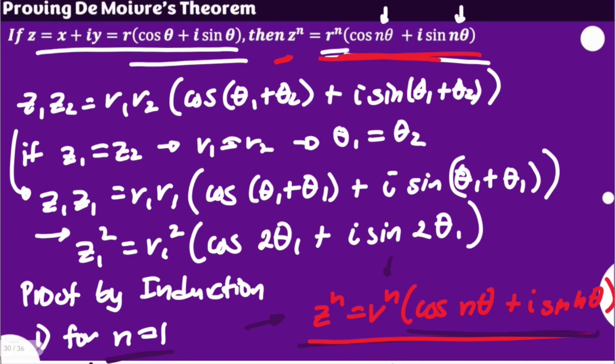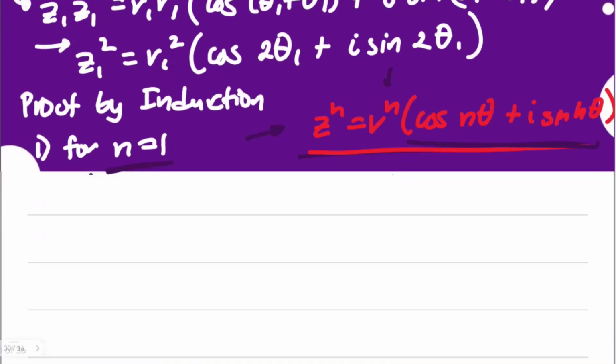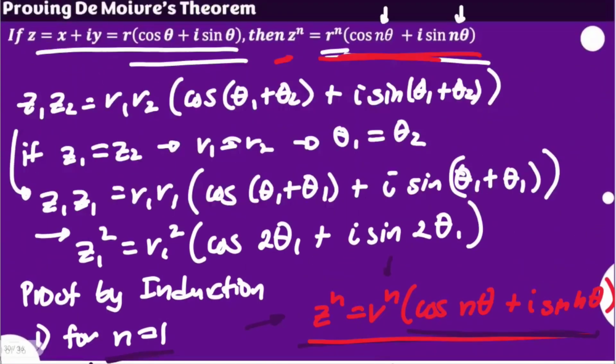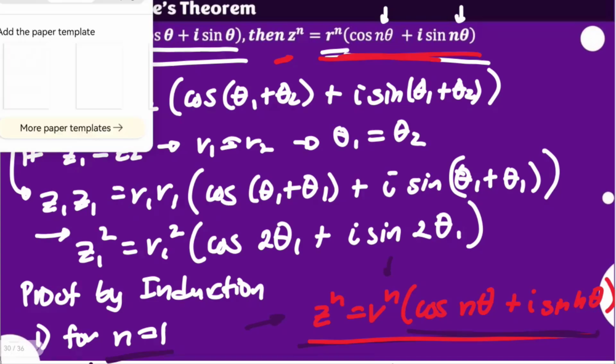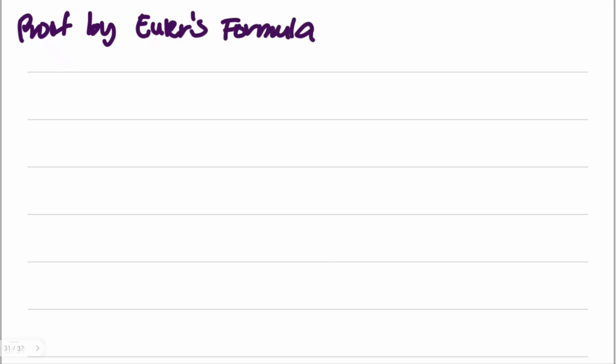Pardon me, I'm going to provide another proof for this. If you are already convinced by the PMI, you don't need to listen to the next one. But please, if you can, listen to the next one because this proof is even shorter. I'm going to present the second proof, but this time using Euler's formula. We have discussed Euler's formula in one of the videos. This tells us that if we have a certain z, which could be expressed as r cosine theta plus i sine theta,